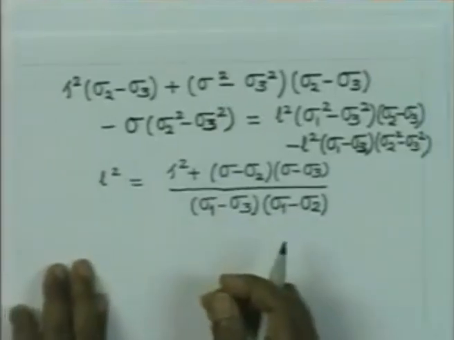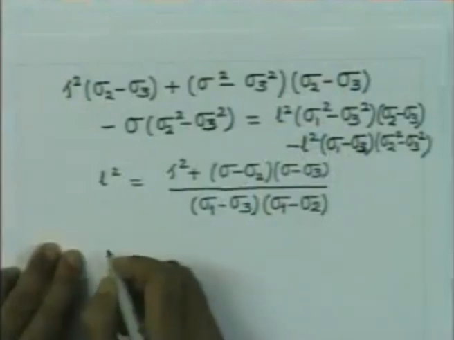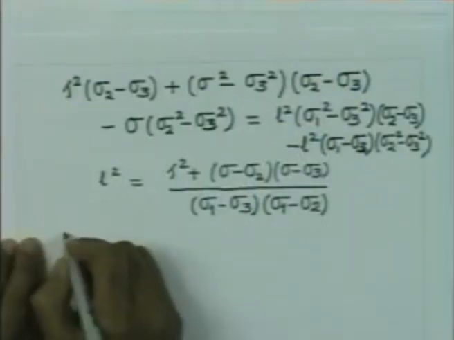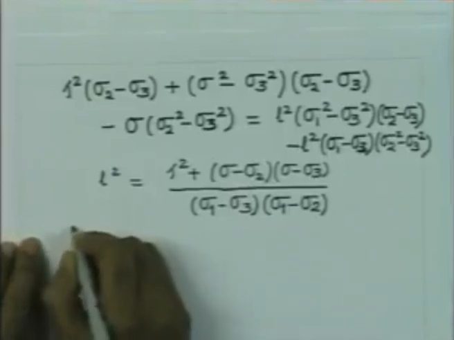So, by eliminating m square from 1 and 2 we got this, and we started with elimination of n square, and thereby we got a relationship between L square and m square. We could as well eliminate m square from the beginning, thereby we will have equations involving L square and n square, and then again eliminating L square we can get n square, and this can be repeated for all the 3 direction cosines. So, you will find that by a similar procedure